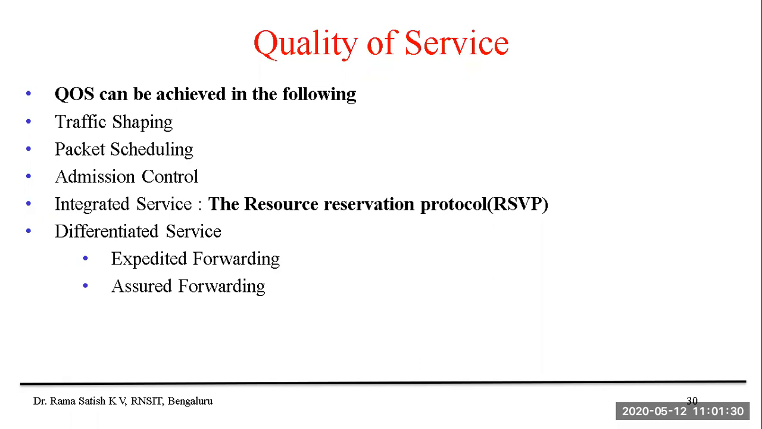Differentiated services means it will differentiate and give the services. It is very simple. The first one is expedited forwarding. Expedited forwarding is moving your packet along with the normal traffic, but with some extra care. It is just like this. If you want to send a letter to someone by post,